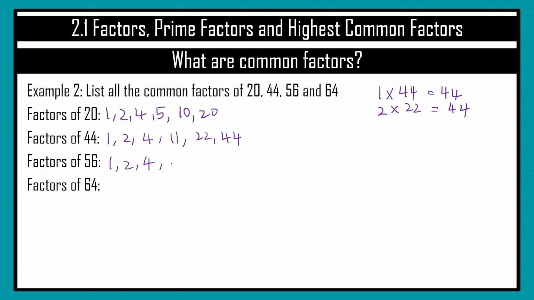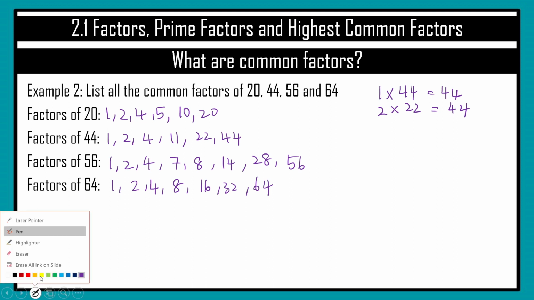Alright, 4, 7, we got 8, we got 14, 28 and 56. Okay, so the last one that we need to list is 64. So 1, 2, okay, let me write that again, 4, 8, 16, 32, and 64, right? So if it's a common factor, we are going to find the numbers that are in